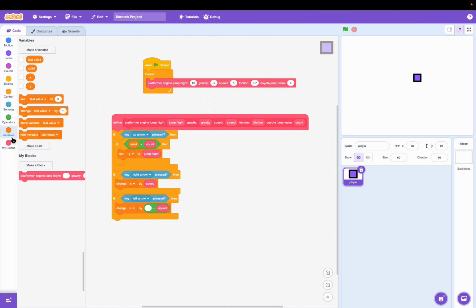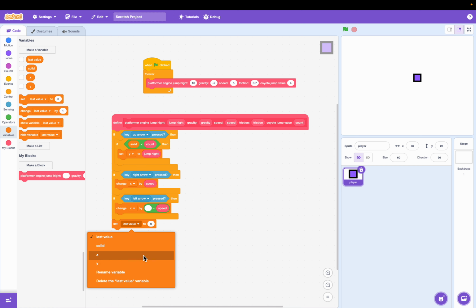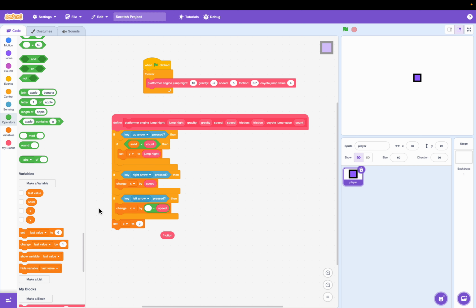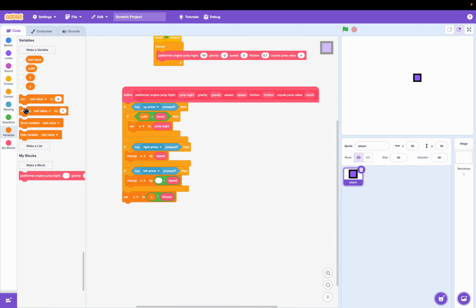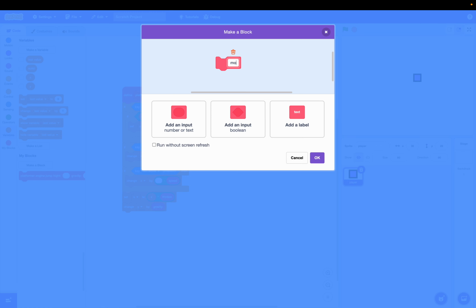Perfect. Now set our x to x multiplied by friction. Okay, and change our y by gravity. Make a new block, call it move in steps per frame,